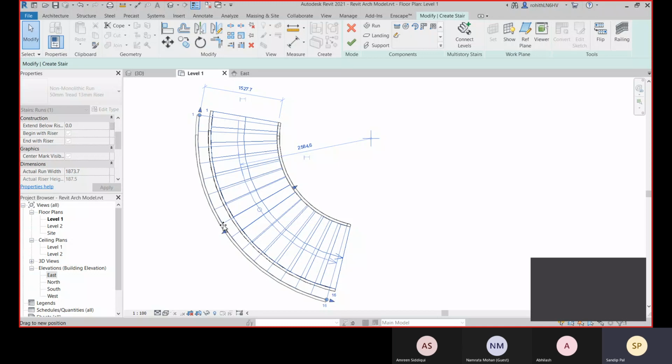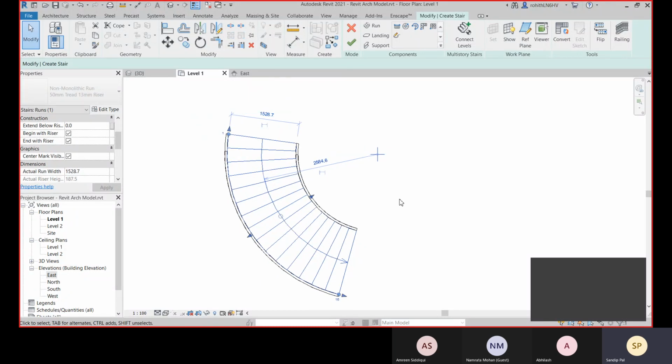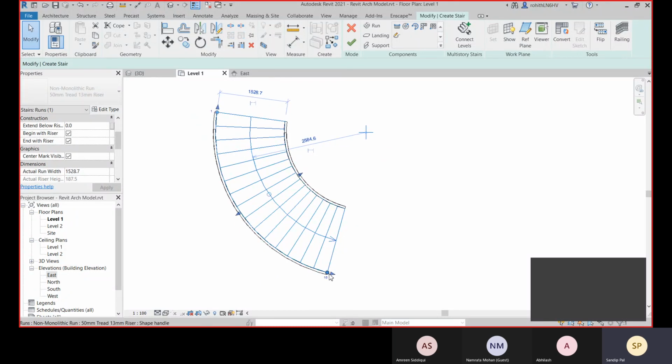Okay, or if you specifically want to increase this, you see this is the location line, right? With this one you have defined this. If you give the value here, it will increase to this side. So for that, what you had to do is change the location line. You see the location line is to the right, and if you change it to the left, now you see this is to the left. So this way you can change the location line after creating also.